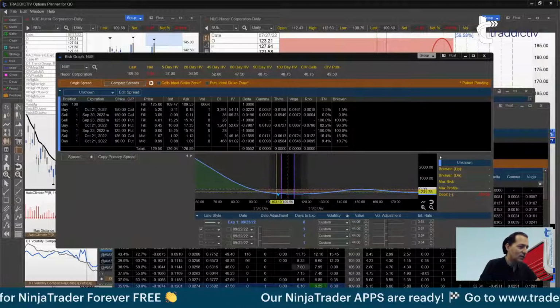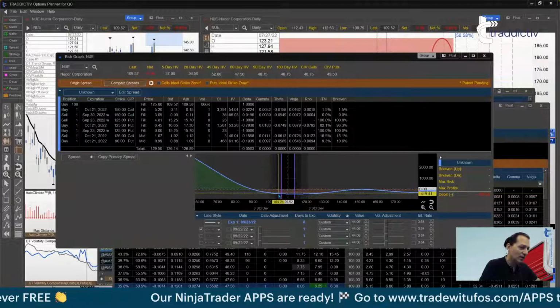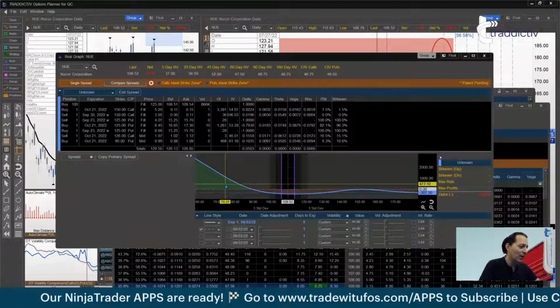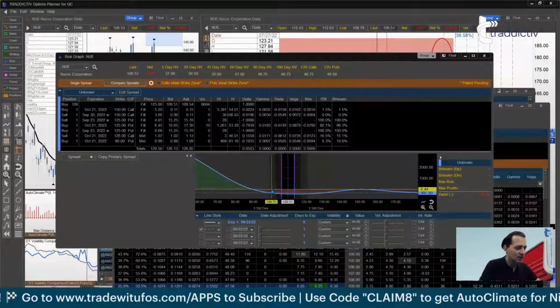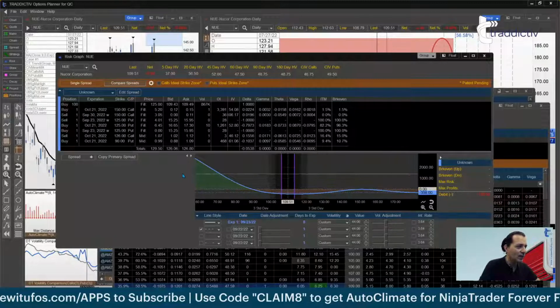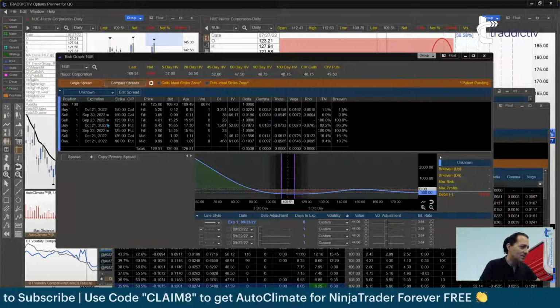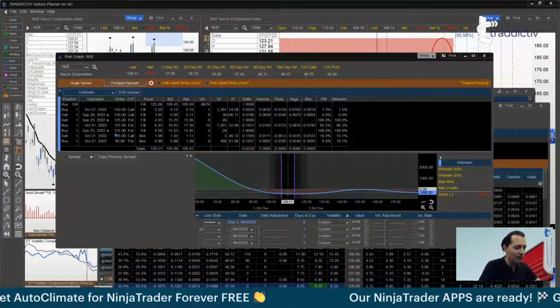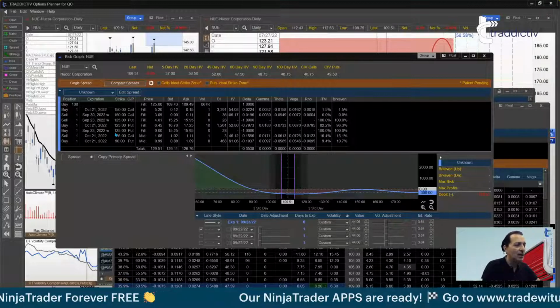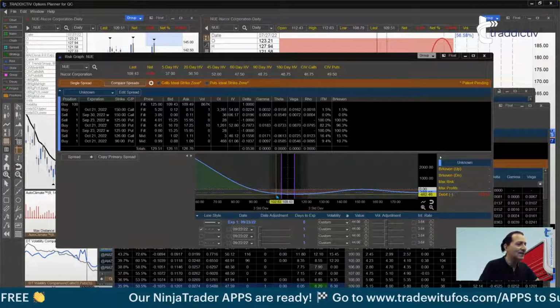And now, of course, because I got 2 puts long, if the stock was really to fall, there is a moment in time where I make money on the downside. But what's happening now to the upside? It's going to be very difficult to get back in the green. So again, collaring it or doing a bull call spread, which I'm not going to do to save time, would create the very exact same risk profile. It's going to have that problem.